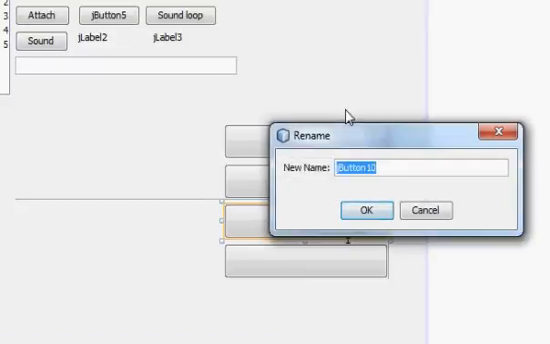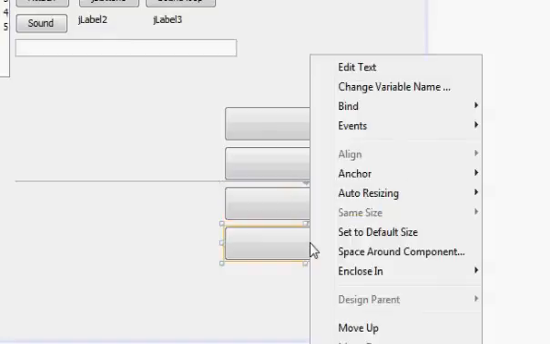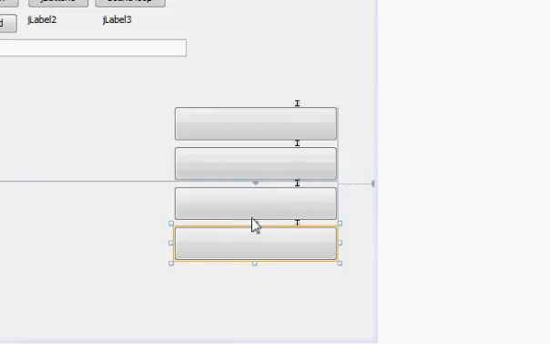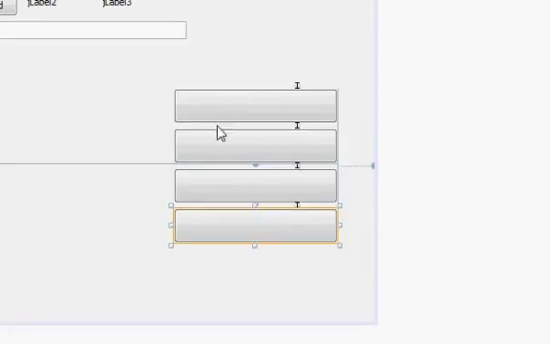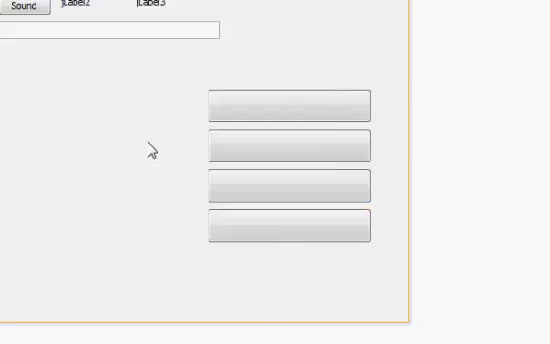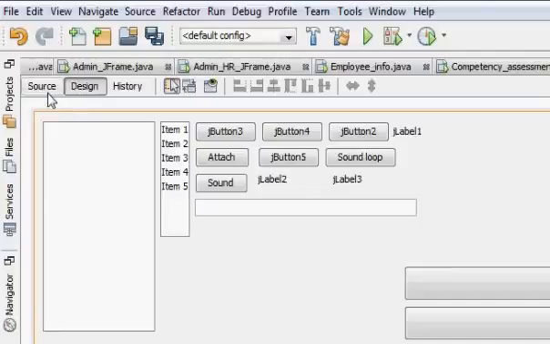Third is west, and fourth is east. So these variable names I have provided to these buttons, and next what you need to do is go to your source